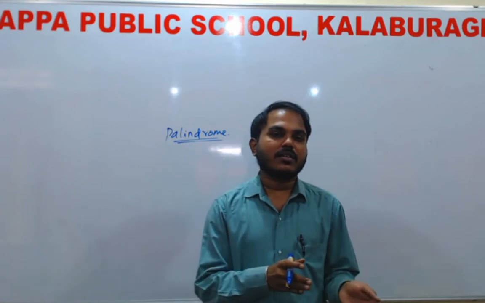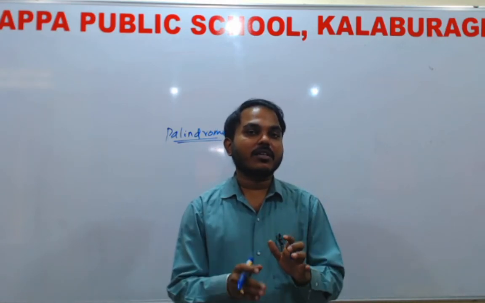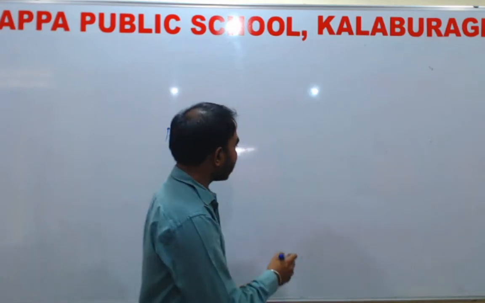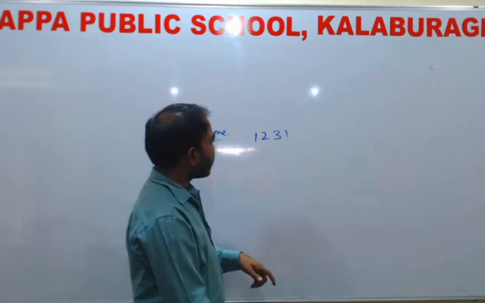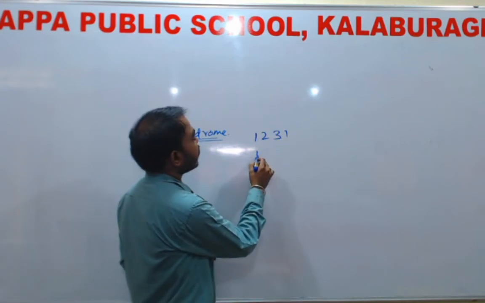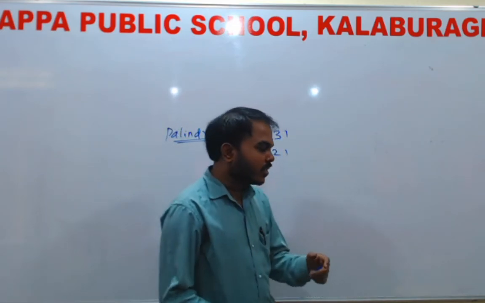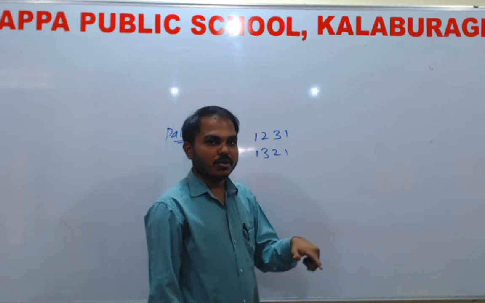If you take a string or characters or numbers, from right to left and left to right, the characters should be in the same place and should be the same. Say for example, I write 1 2 3 1. The reverse of 1 2 3 1 is 1 3 2 1. So this is only the reverse of the number, it is not a palindrome, right?